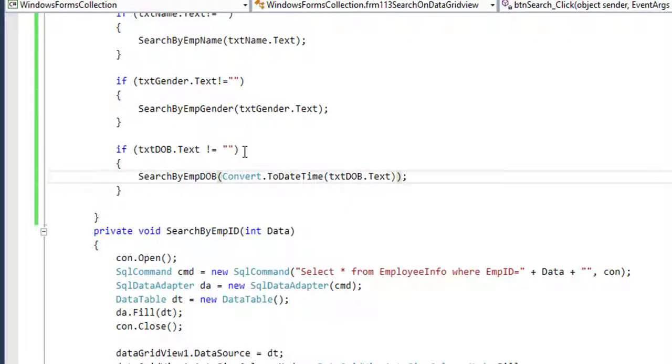Here we can do another thing to check all text box is clear or not.